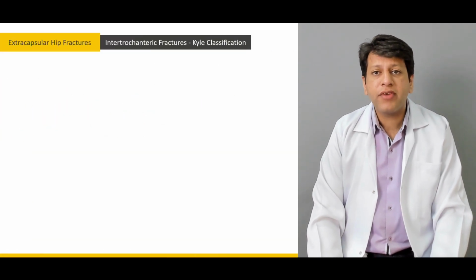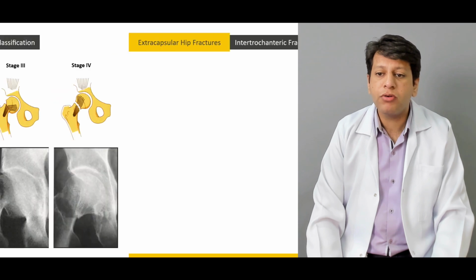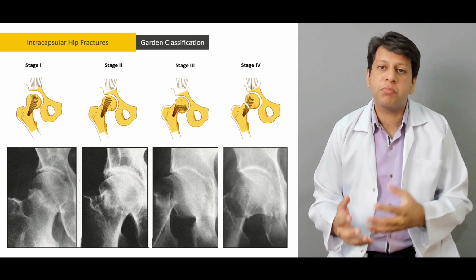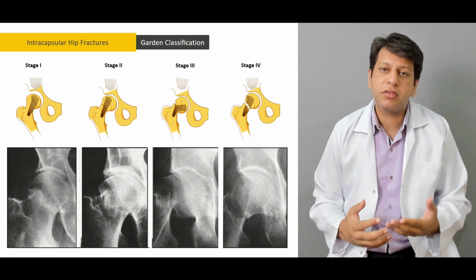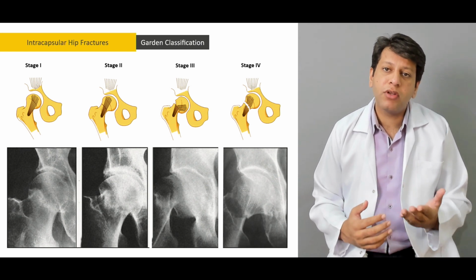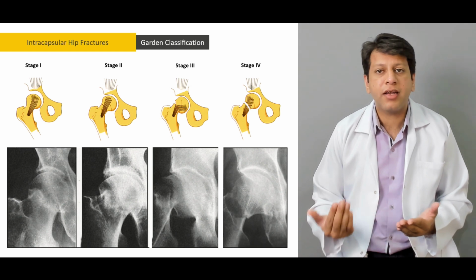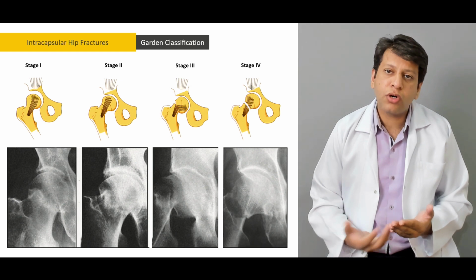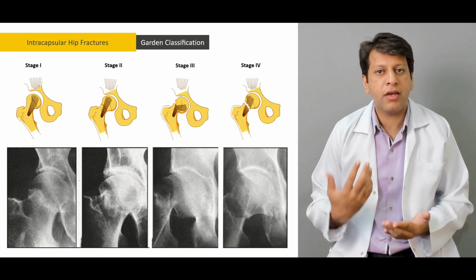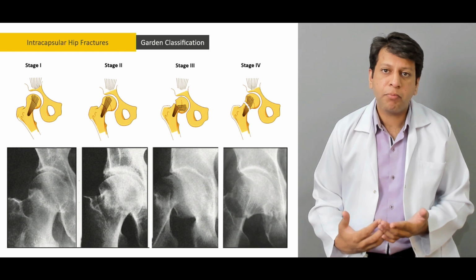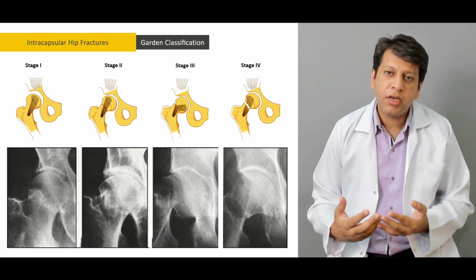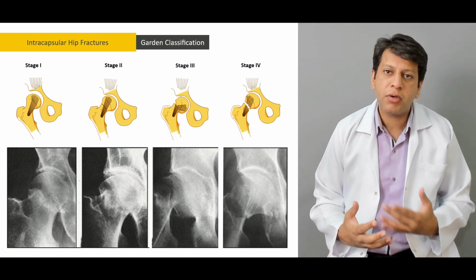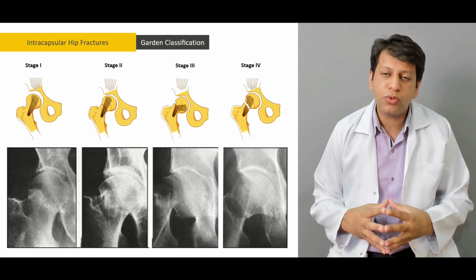Now there are other classifications as well. Before moving on to the intertrochanteric fractures, one is called the Powell classification. Garden is important and Powell is also important, because you need a lateral x-ray at times for the Powell classification. A lateral x-ray is not always possible because the patient with a fracture is usually in quite a bit of pain. That is why we mostly rely on the Garden classification, but the Powell classification is sometimes very useful